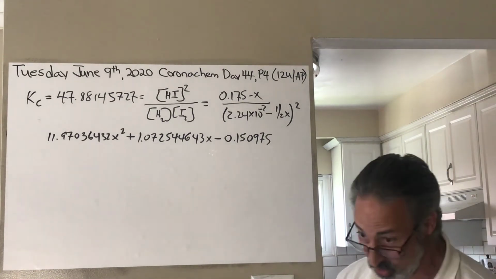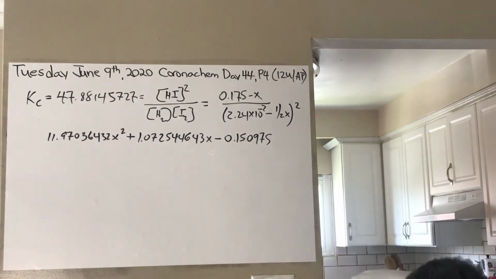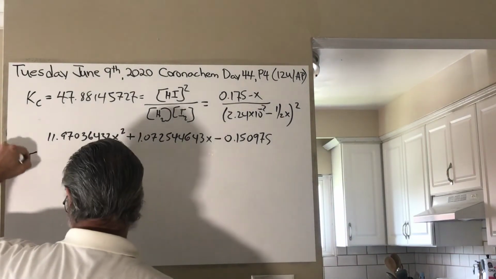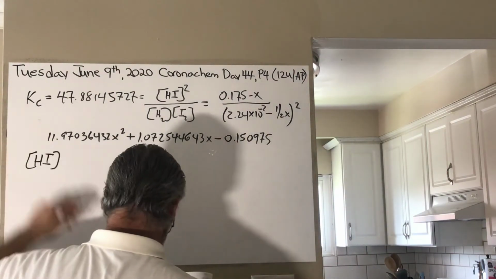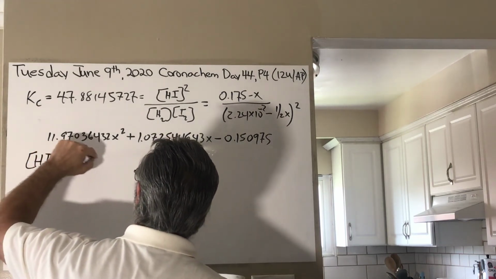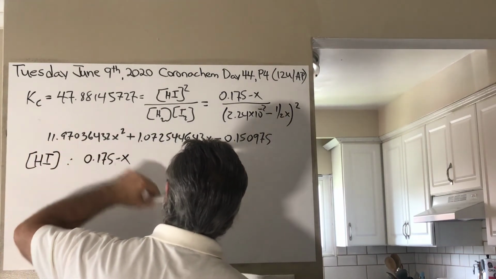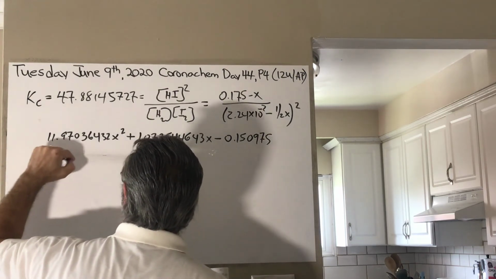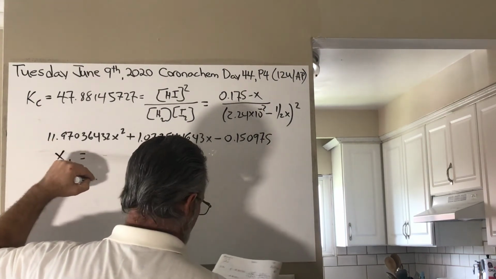So I got the same answers with the calculator as I did with the quadratic formula, so that's reassuring. So the HI concentration after the equilibrium is reattained is going to be 0.175 minus x, and I didn't write the values of x. So there's two values of x that you get. They are